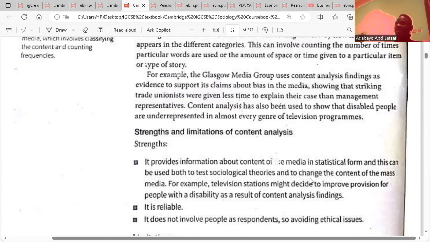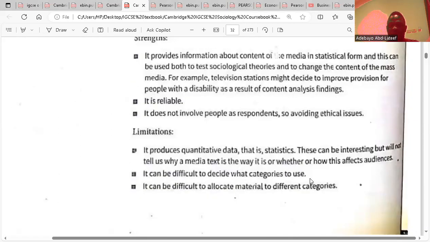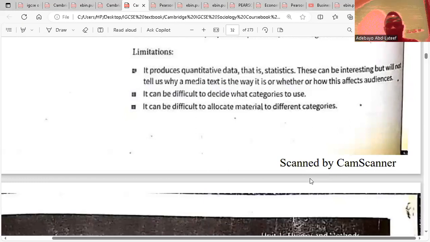So here, it's talking about news. It's about content, which is being analyzed. So no one is involved here. It's just story-based research from the mass media. So we are not involving anybody as respondents. As a result, there's no ethical issue regarding it, which is an advantage. So what are the problems about using content analysis as your research?